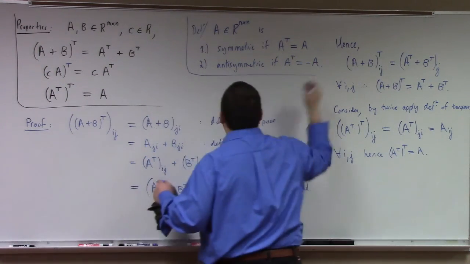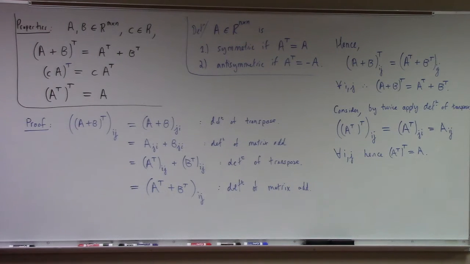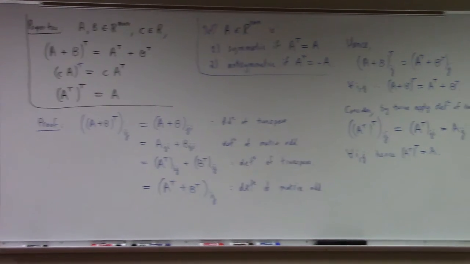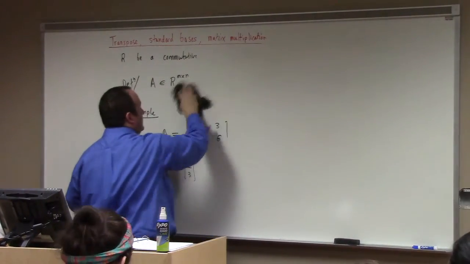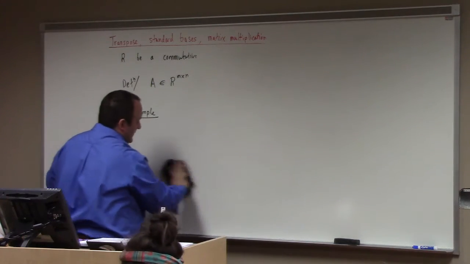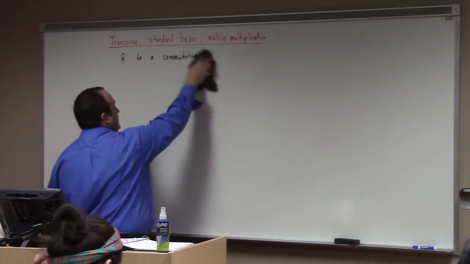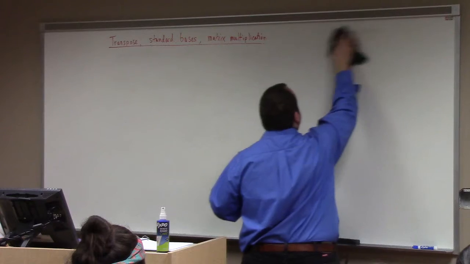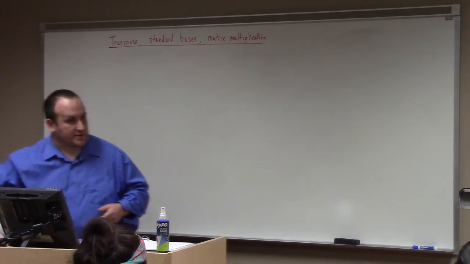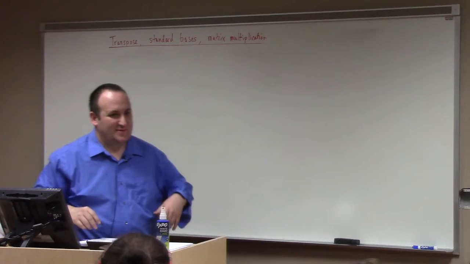A lot of times we have homework problems and other theorems that concern symmetric or antisymmetric matrices. For example, at the end of the course, one of the major theorems we'll look at says that if you have a real symmetric matrix, there exists an orthonormally diagonalizable eigenbasis. That's a very interesting theorem called the spectral theorem, which allows you to find nice formulas for quadratic forms and all kinds of things. It has unending applications to engineering and everything else. So symmetric matrices are an important topic. But I don't have anything more to say about it at the moment.